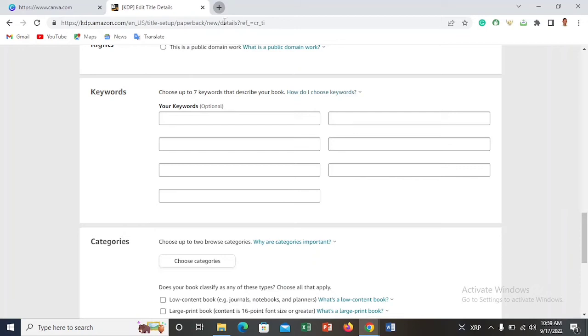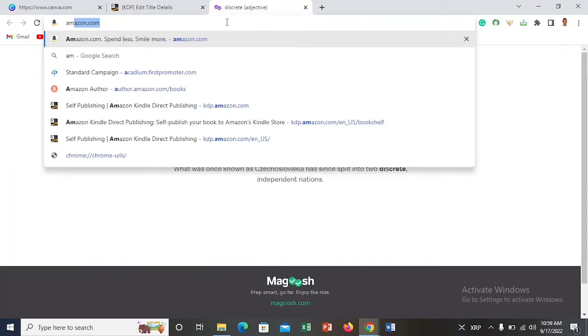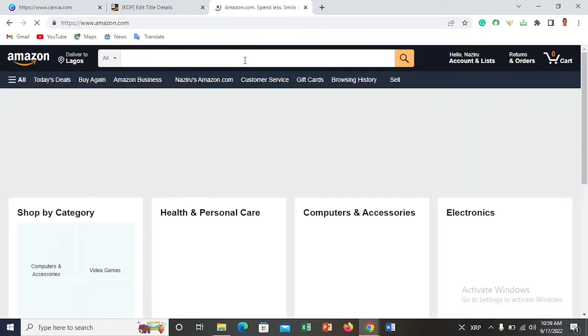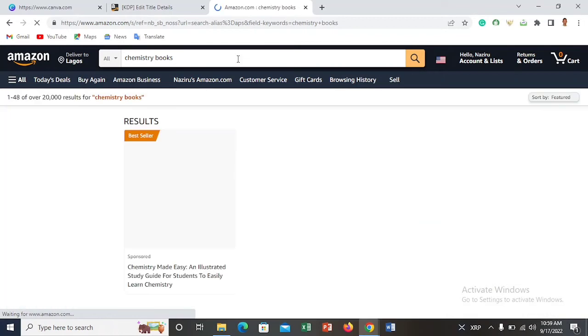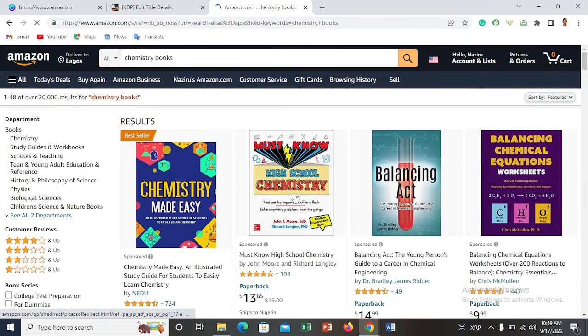For example, now if I'm on amazon.com, suppose I want to buy a book on chemistry, I think I'll type in chemistry books. If I type in chemistry books, Amazon will bring out lots of chemistry books. You see, Chemistry Made Easy, an illustrated study guide for students to easily learn chemistry, so many must-know high school chemistry. You see, a lot of chemistry